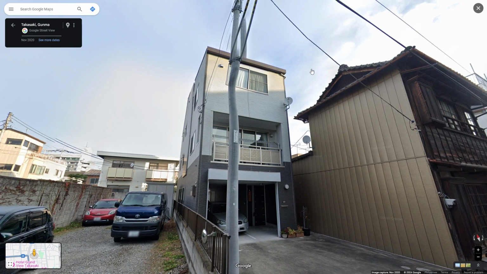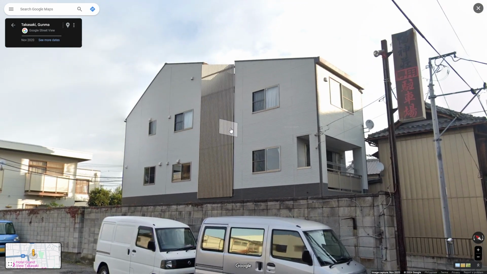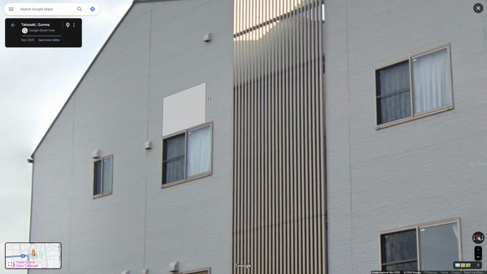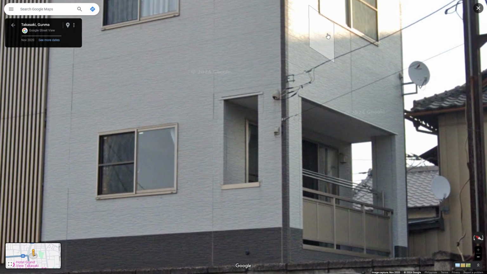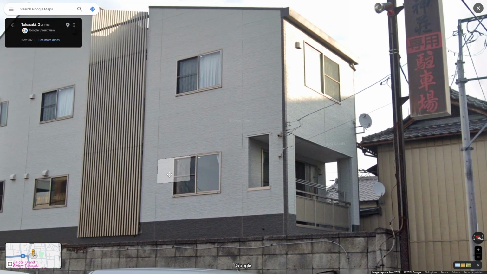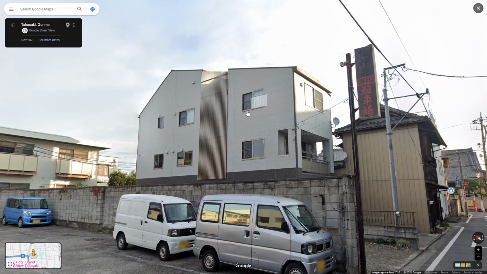So, looking at this house, it's pretty obvious that it's made of a basic rectangular shape in the front and a triangular shape on the side. Since I don't have a clear view of the other side of the house, I'll just assume that they are straight and flat. And aside from the main shape of the house, I noticed that this house has 3 levels and a cutout section here at the side. And using that information, I can now think of ways to model this house properly.